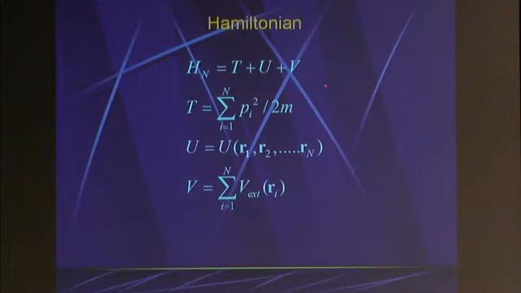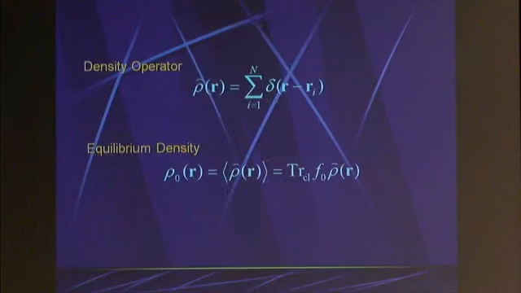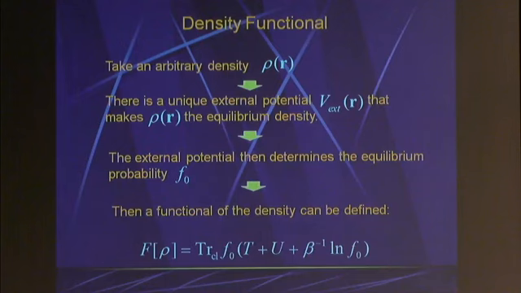And V is the external potential, that is essentially a single particle potential exerted on the system. And this is the density operator. Equilibrium density is just a trace of the density operator. And these are all for simple liquid,